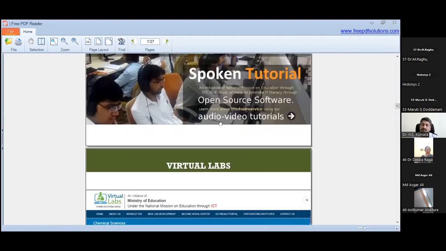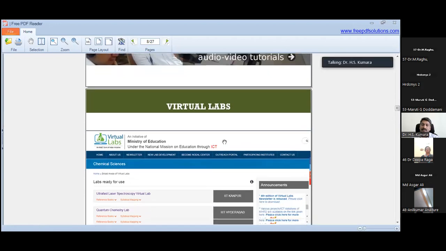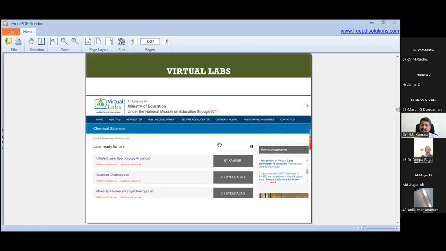Then moving to something very important, the virtual labs. This is again for those in applied sciences or basic sciences. We need to understand the virtual lab, where they give so many procedures. Somebody teaching quantum physics, somebody teaching organic chemistry, somebody teaching genetics may want to conduct some kind of lab, and based on that, the virtual lab provides for it.